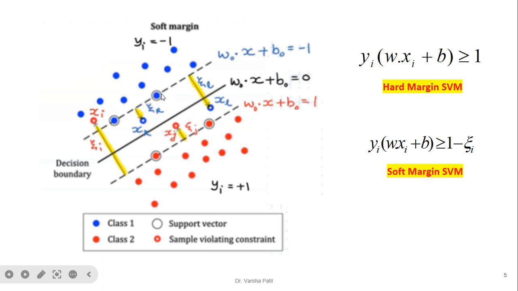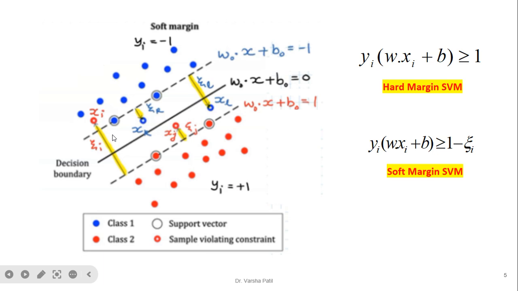Now we will see the blue class. For this we will get the penalty again, because this xk point comes in front of the support vector, so again the penalty is there. For the l point it crosses more, so the penalty is again more, and this penalty is denoted by xi l. So now here we can observe that the points which are behind the support vectors, their xi value is 0, even on the support vector the value is 0, but when the points come in front of the support vectors, their